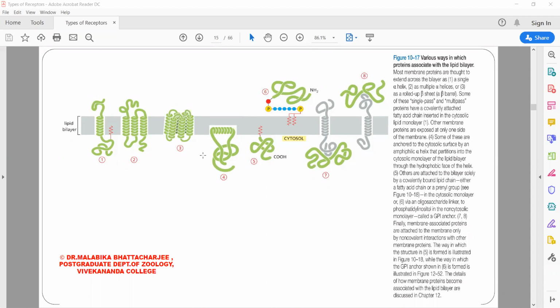So the distribution of the proteins on the two halves is not constant. There is a difference in the distribution of the protein. So that gives rise to asymmetry of the membrane. The membrane is fluid, the membrane is mosaic, and the membrane is asymmetric. The word asymmetric is given because, as we can see, there is no symmetry in the distribution of the proteins on the two halves.